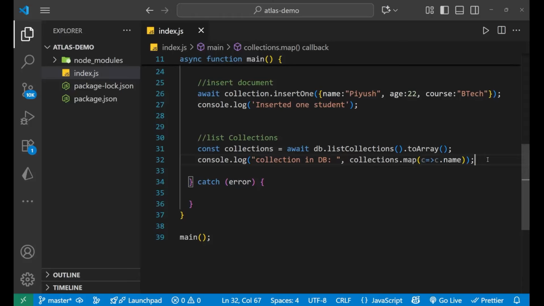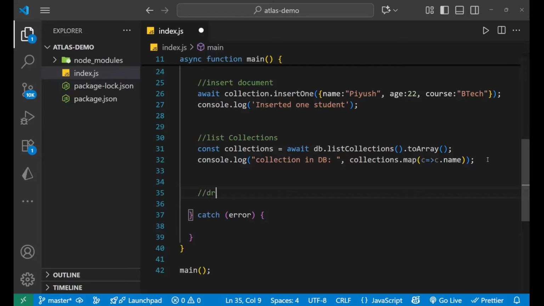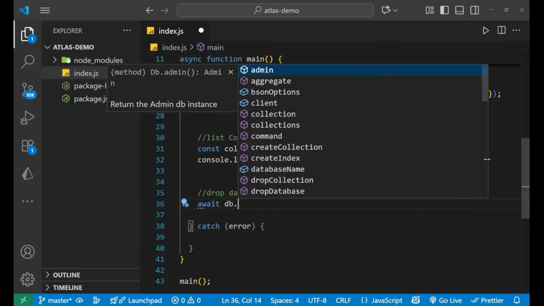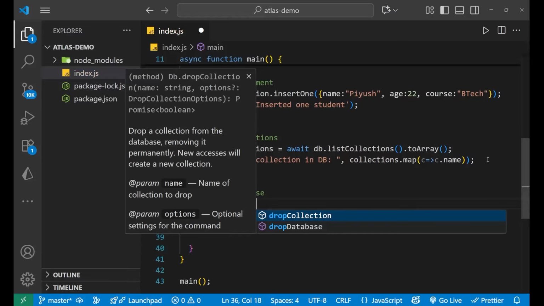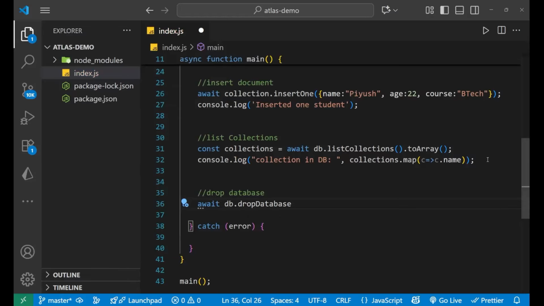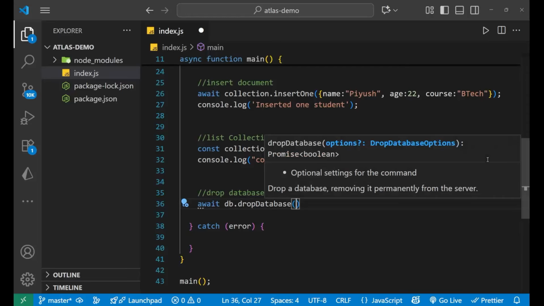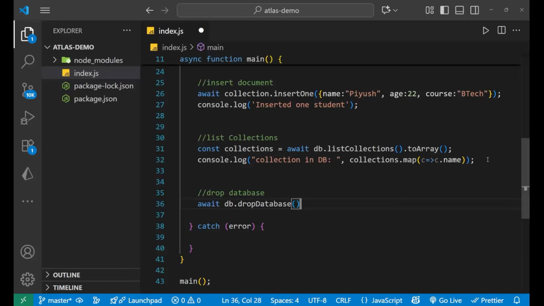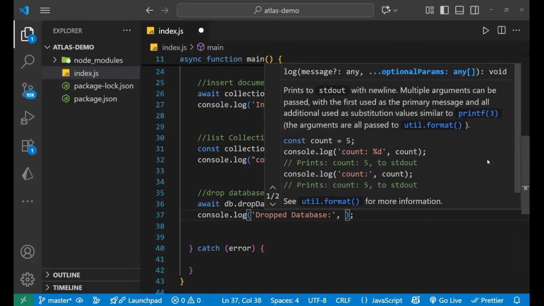So how do we drop it? Let's move forward and write drop database. We simply need to write await db dot drop database, db dot drop database. This will delete your database, right? Then put the semicolon afterwards, and let's print console.log, and here I'll write drop database, comma, db name. So db name,